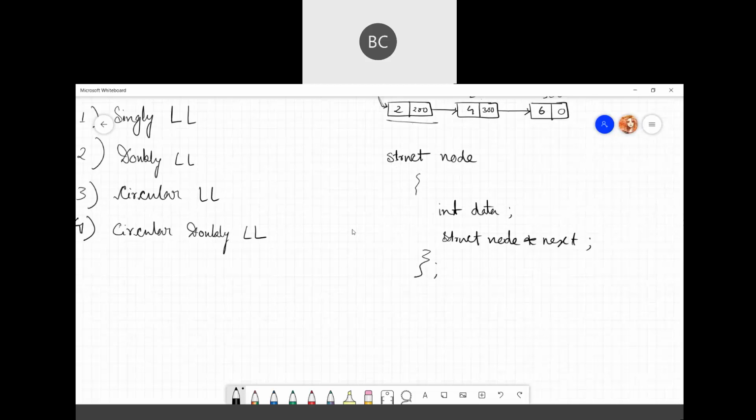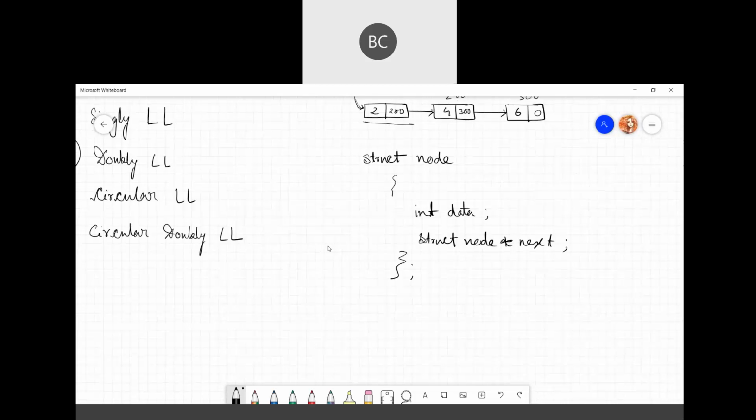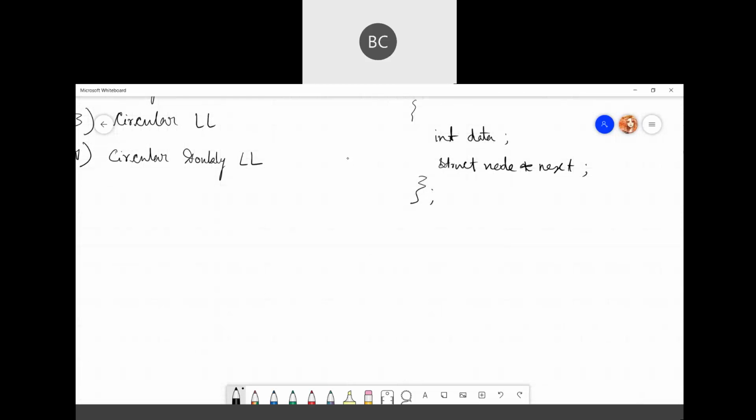Okay, now what happens in doubly linked list? In doubly linked list, we have 3 fields. We have 3 fields here. Okay, first we have the data part. Next we have the pointer to next, and then we also have the pointer to the previous node.